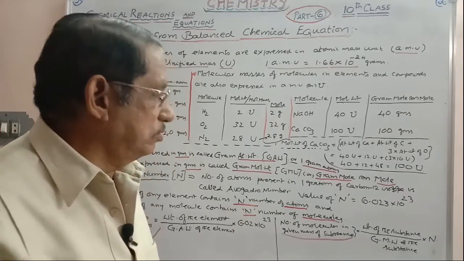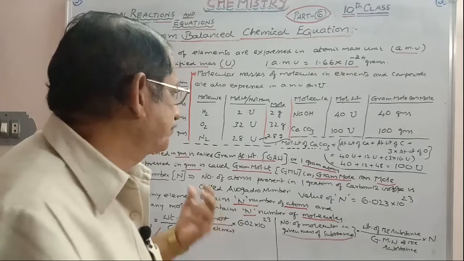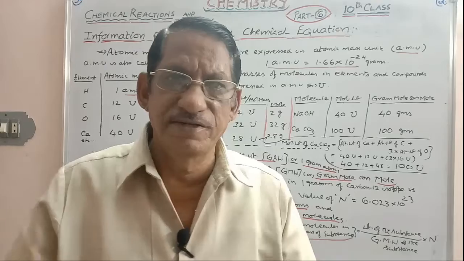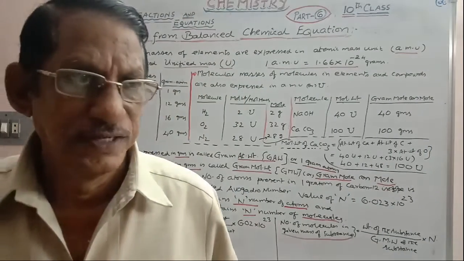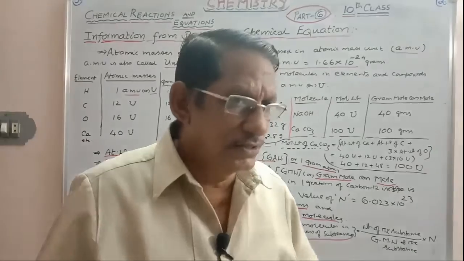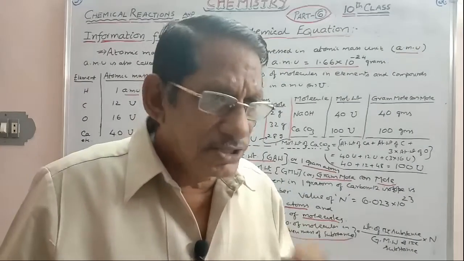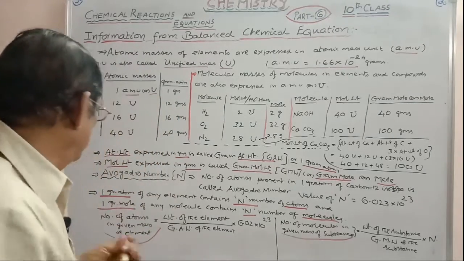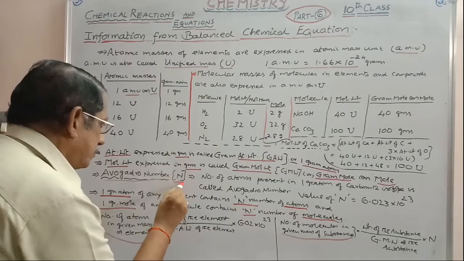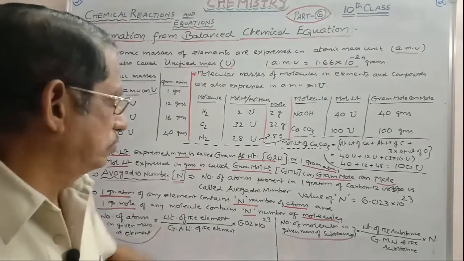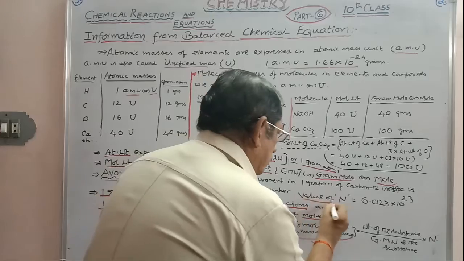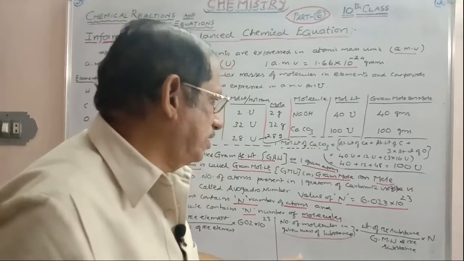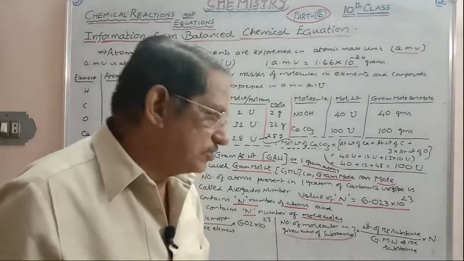And one more fundamental point here you have to learn, that is Avogadro number. Avogadro number is a universal constant. Its number is always fixed, just like velocity of light, just like Planck's constant. This is a universal constant. Avogadro number is represented by N. And what is its value? You know pretty well. Value of N is equal to 6.023 into 10 to the power 23. Sometimes we write it as 6.02 into 10 to the power 23, right?